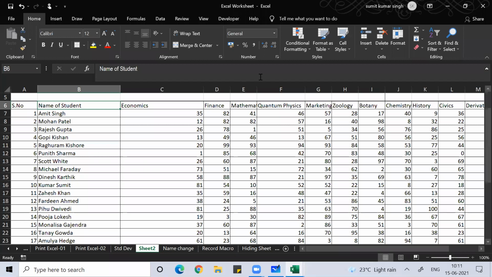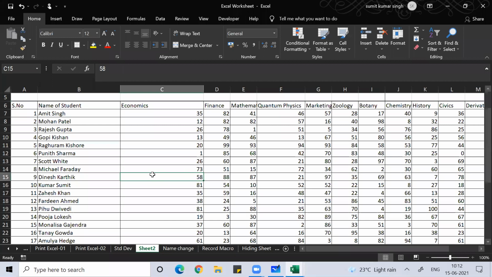Here I say no, I want to separate name and surname. I want name in a separate column, surname in a separate column. Is that possible? Yes, that is possible. So for that, I'll insert a new column. How will I insert a new column?